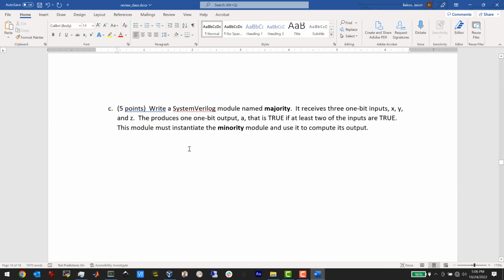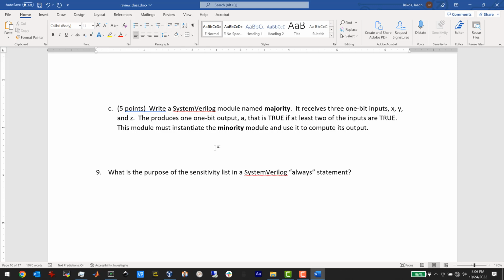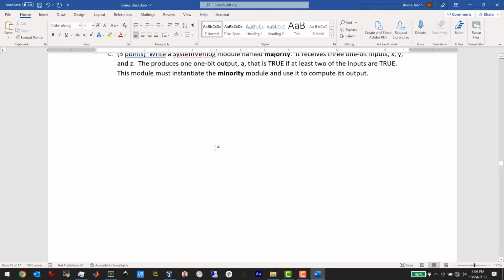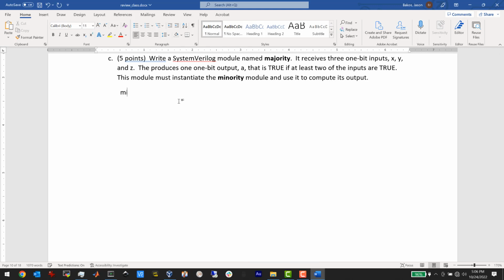Okay, write a SystemVerilog module named majority. It receives 3 1-bit inputs x, y, z. It produces a 1-bit output A. That's true if at least 2 of the inputs are true. But the catch is that you're supposed to instance the minority module and use it to do this. So this one, I have to remember how we did this. So first of all, we need minority,